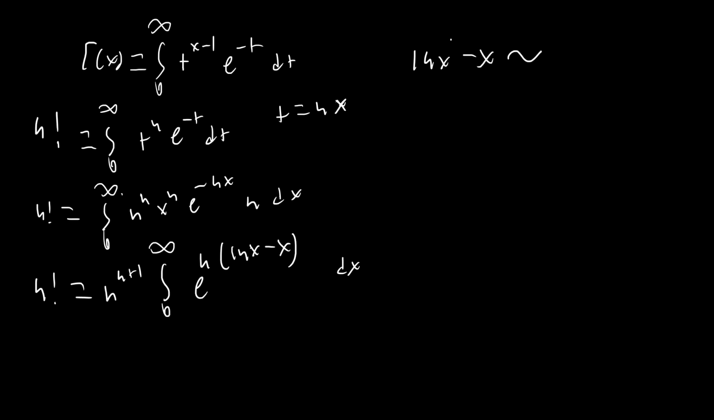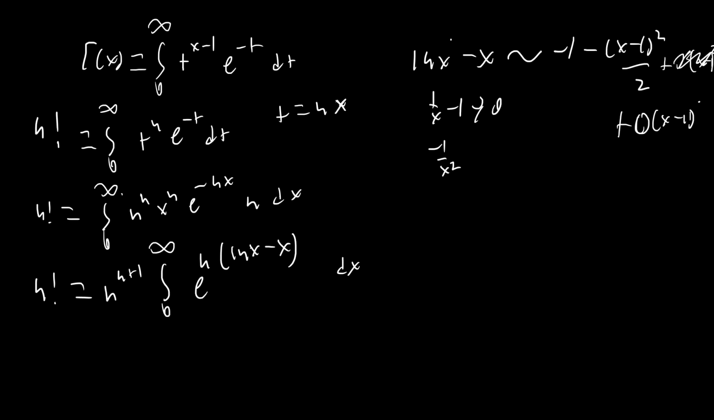So first, its value about 1 is just going to be negative 1. The first derivative is 1 over x minus 1, so evaluated at 1, that's going to go to 0. And the second derivative is negative 1 over x squared. So that's going to just be negative x minus 1 squared over 2. And we're going to ignore all the terms after that. And the reason we're saying we can ignore all these other terms is because once those higher order terms, quote unquote, kick in,